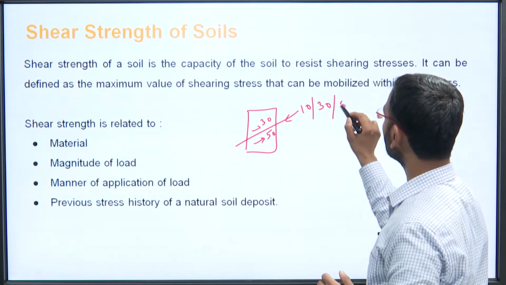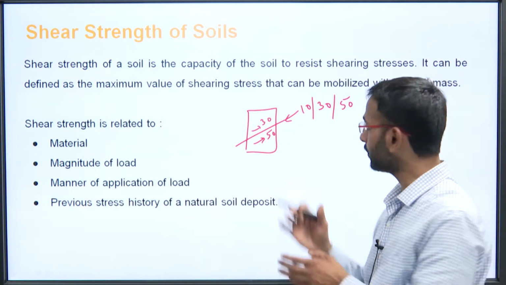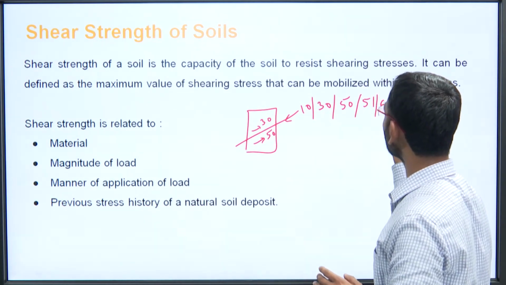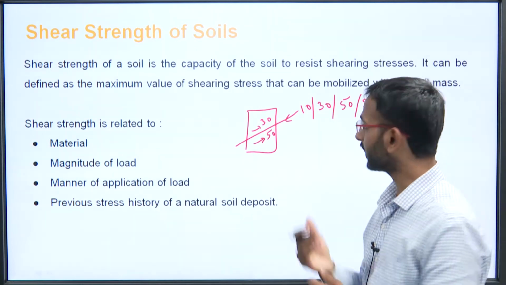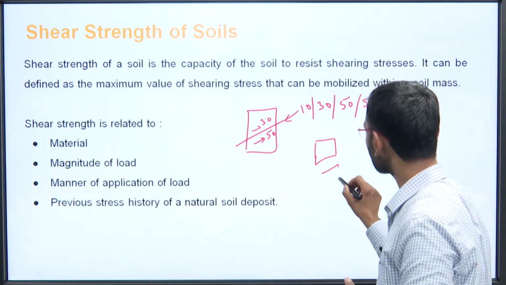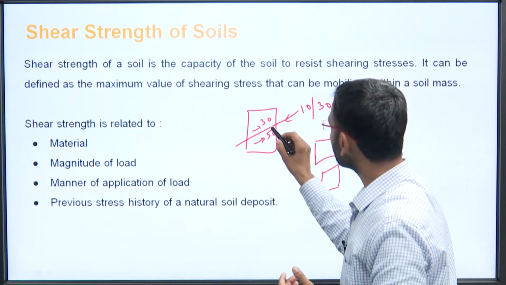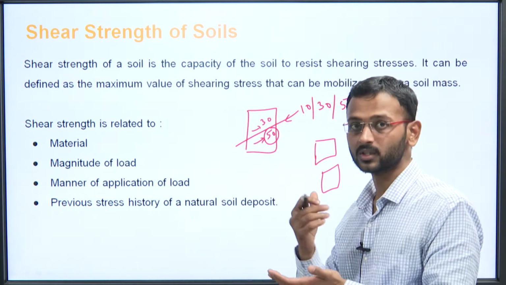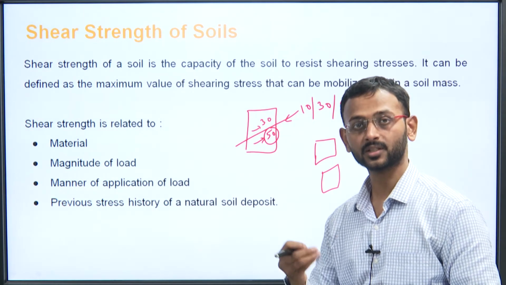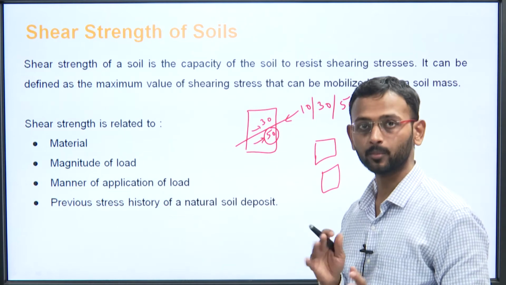लेट से इसकी यूनिट 50 पहुंच गई, अभी भी इसने इसको रोक रखा है, अभी भी सॉइल फेल नहीं करी. जैसे ही आपने 51 किया, ऑलराइट, लेट से 60 पहुंचाया, आपने देखा कि ये सॉइल फेल कर गई, मतलब ये सॉइल का हिस्सा अलग हो गया और ये वाला सॉइल का पार्ट एक अलग पोर्शन हो गया. So what happens here, जब तक उसकी शेयर जितनी भी उसकी ताकत थी तब तक तो सॉइल ने रोका, but जैसे ही शेयर स्ट्रेस इतना ज़्यादा हो गया कि उसकी स्ट्रेंथ से ज़्यादा वैल्यू पहुंच गई,